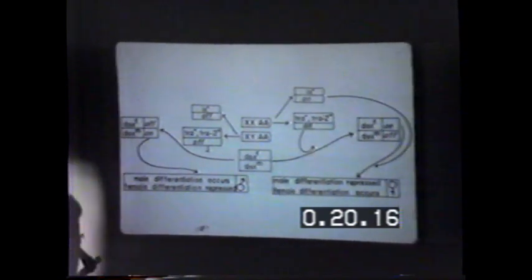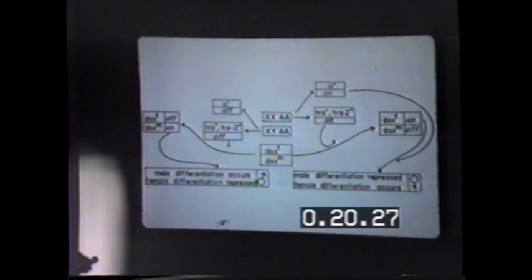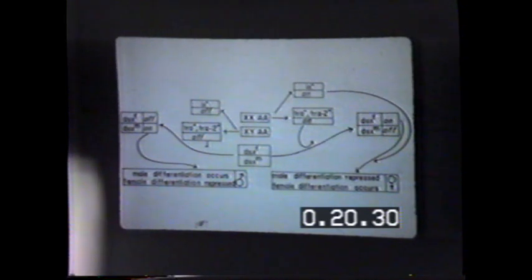And I'll go briefly through it and then show a little bit of the data that led us to this sort of model. The doublesex gene is, at least at the time we did this, unusual for a eukaryotic gene, in that it seems to have two different active functions, one of which is expressed in females, the other of which is expressed in males. If a doublesex gene finds itself in a chromosomally female individual, it's expressed in what we refer to as the doublesex female mode, and that active function is to repress male differentiation. Female differentiation is not repressed, and so that individual develops as a female.